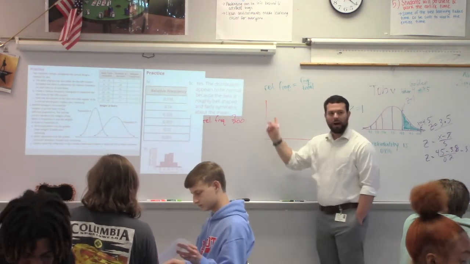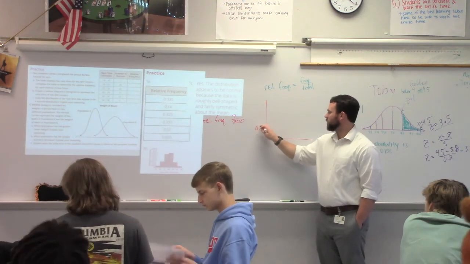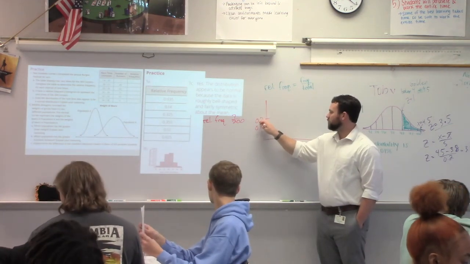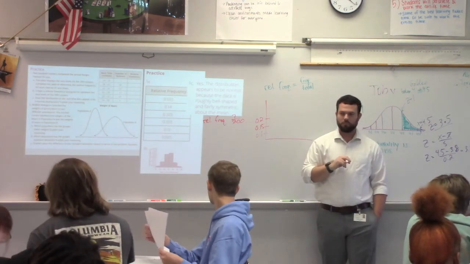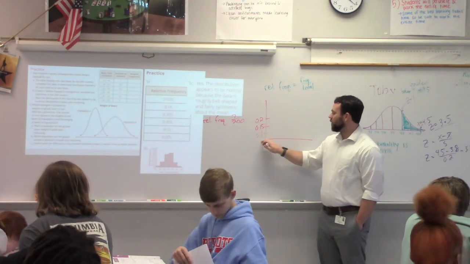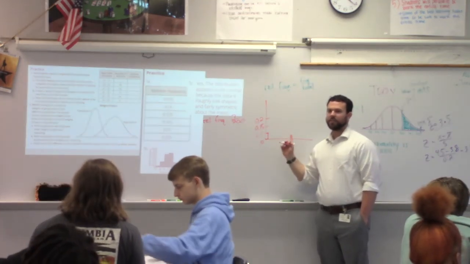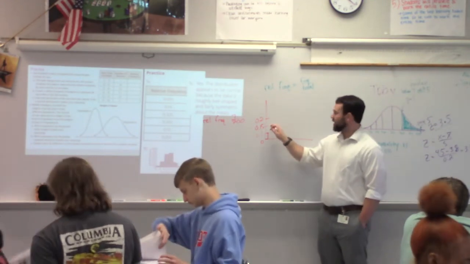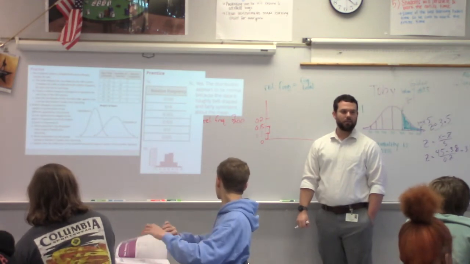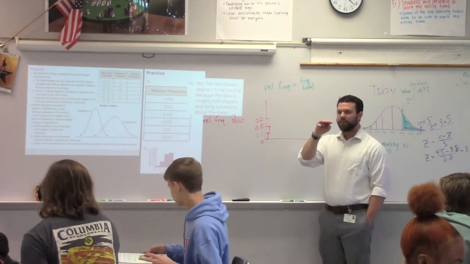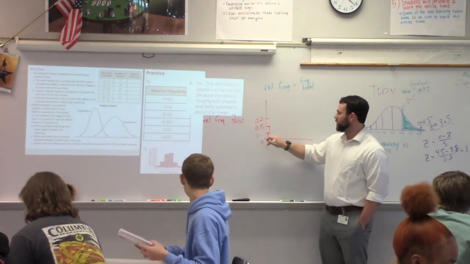When you put a y-axis, you cannot do this. Anybody know what I'm doing wrong right now? I want you to notice, you see this distance right here? Right now I'm saying that that distance is 0.1, right? This same distance though, isn't that half of it? That doesn't match up. You have to go by an even scale. If you go by 0.1, you have to go by 0.1 again. I would do 0.05,